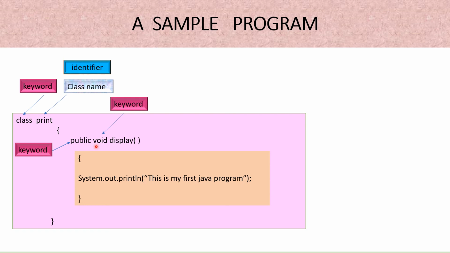Then after writing these two words, public void, there is a word display. Here again you can choose the name of your own choice. यहाँ हम अपनी मर्जी से नाम choose कर सकते हैं. And this is actually the name of the method, because this is the declaration of your method. यहाँ से हम method start कर रहे हैं. तो this display is the name of the method.